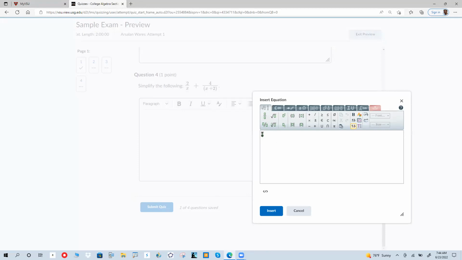Of course, you have to do it by hand, and it's not something we have really done in this class, so don't panic. I just made it up to show you how you can use this menu to write something complex. Actually, the bottom is going to be x times x plus 2. And the top, you have to do it. I'm not going to go over the math. The top is going to be